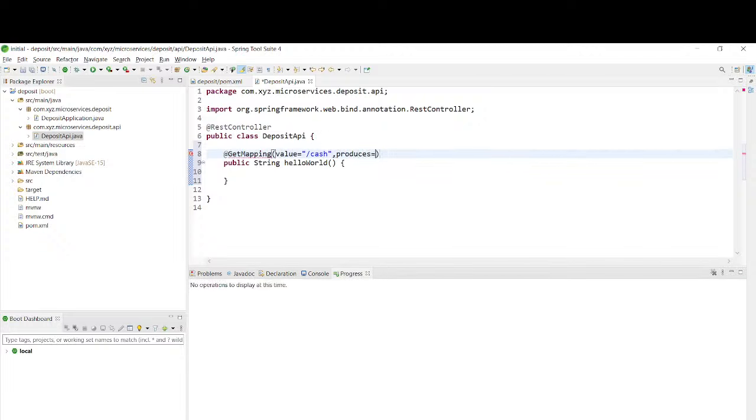Produces, guys. If you did not specify the produces response format, the default is plain text. If you are planning to use JSON, you can set that, or you can use both. For example, here,